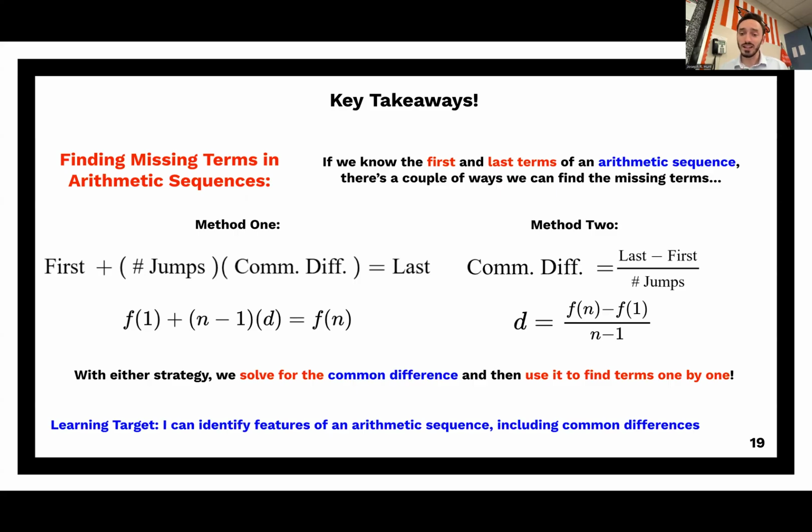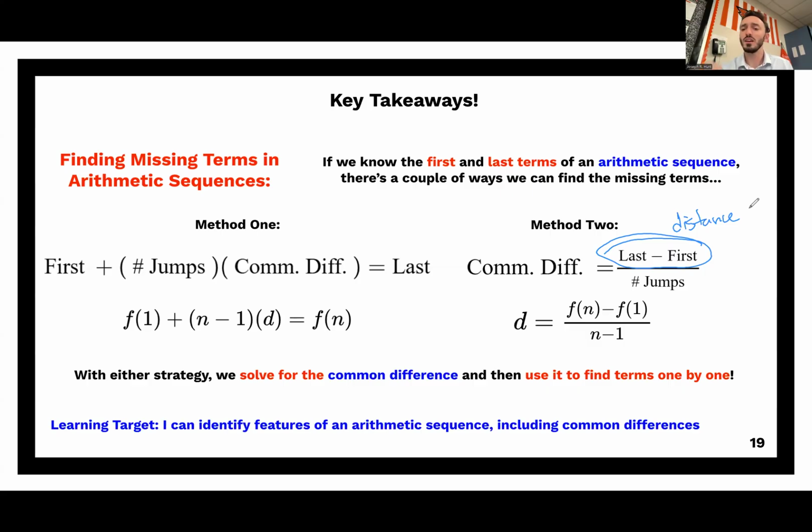One way is to think about finding that common difference by taking the distance that we're covering on the number line and dividing it by the number of jumps that we have to cover it. So if I'm looking at the right-hand side of the board here, you can think of the last minus first as being the distance we're trying to go. And the number of jumps is the number of hops in the table that we had to go from